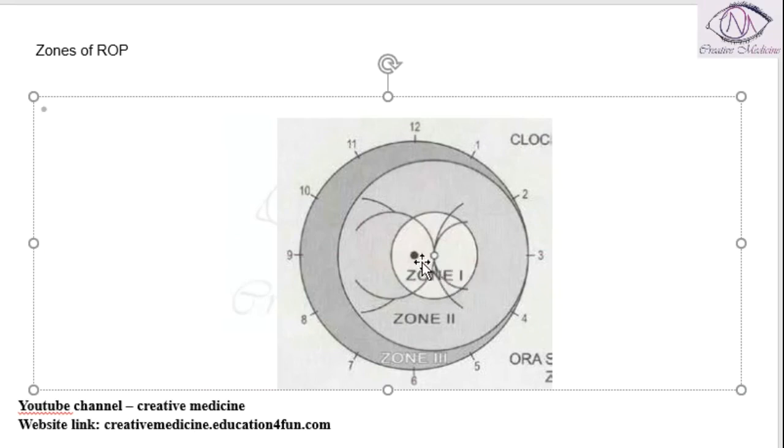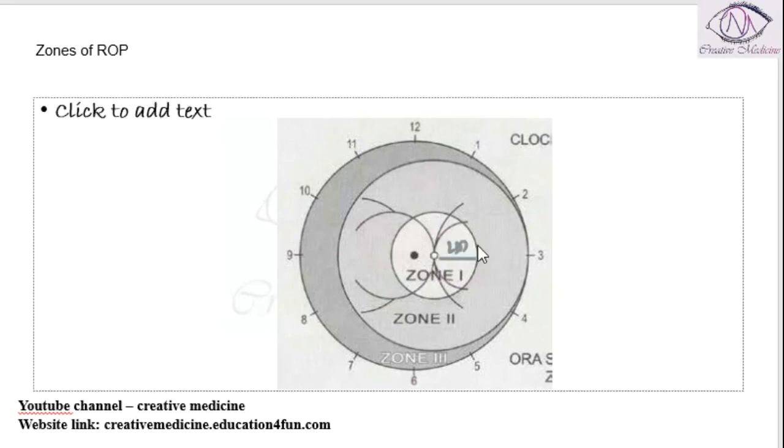If we take a radius of two disc diameters from the optic disc and draw a circle, then that is zone 1. In zone 2, you take the radius as the... so I'll write, okay. Zone 1 is two disc diameters from the optic disc, and zone 2 is from the optic disc